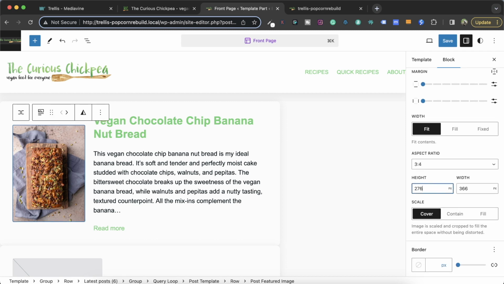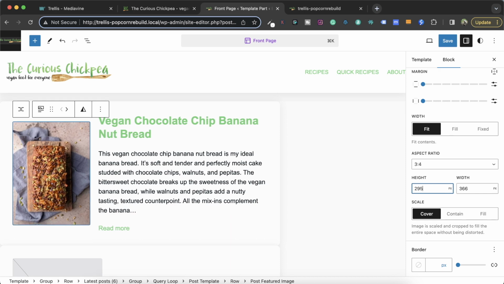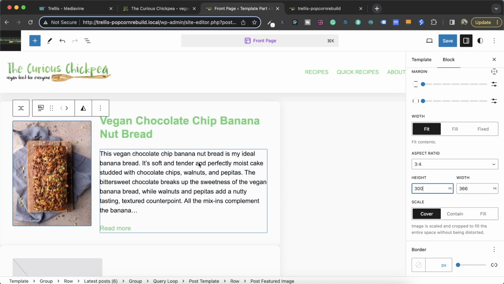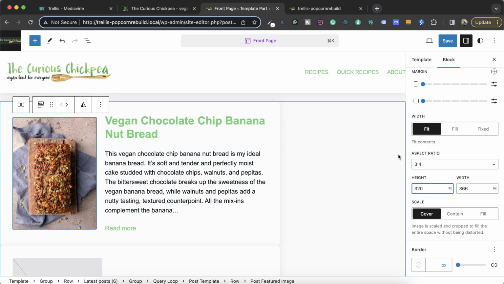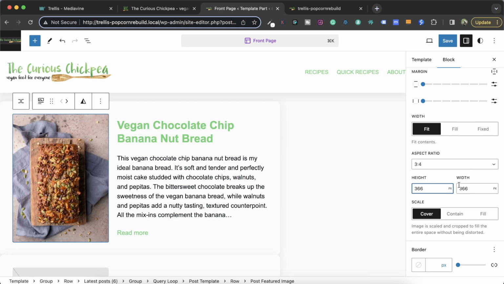But that's easy enough to tweak, because you can just increase these until you get what you're looking for. So I'm good with adjusting this, trying to find where that right balance is. And depending on what images you use, you might have to adjust this a little bit. But I went with 366,